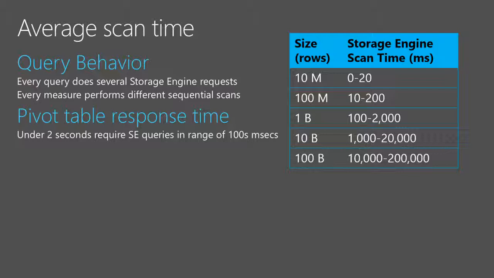So why I'm saying this? Because my intention is to be able to drill down in a pivot table and get an answer in less than 2 seconds. That's my goal. And to reach my goal, you see where are my problems. 10 billion rows is usually the limit I can have today.